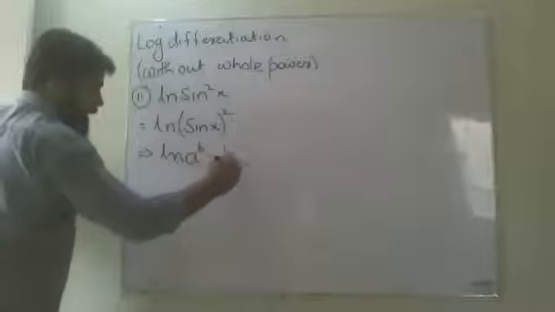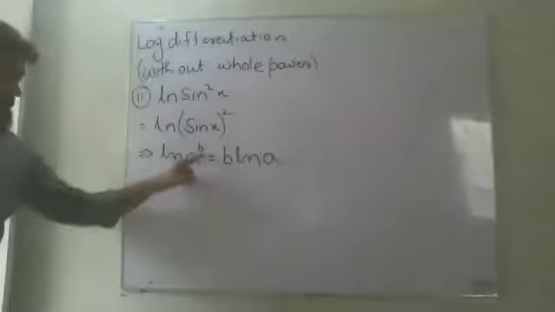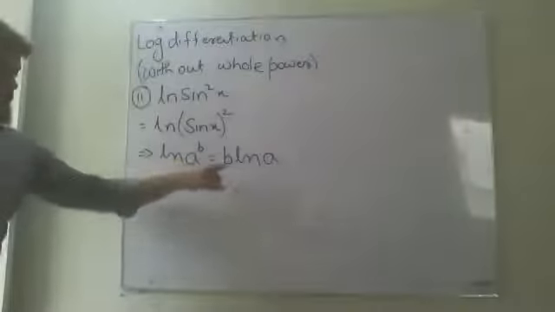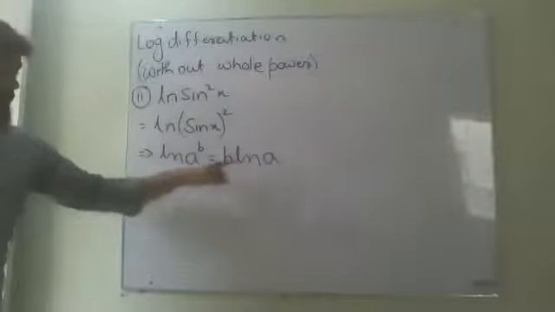Okay. All of you are agreed with this one, that I can write it in this way. And we know that if a multiple of log has a power, then power can be written before log. It means if I am having this thing, I can also write it like this. If I'm having log multiple with a whole power, then whole power can be shifted before log, and I can have the rest of the thing over there.